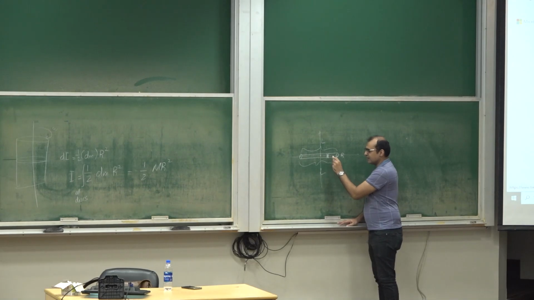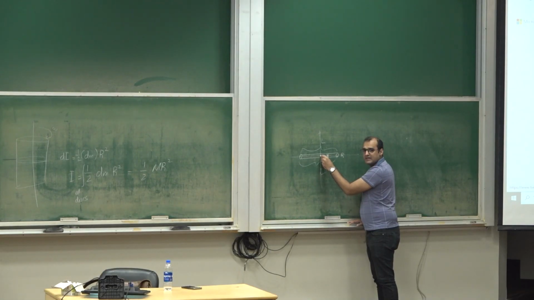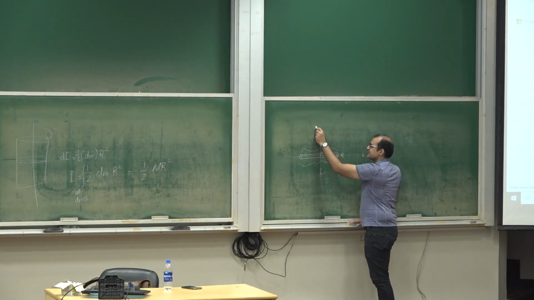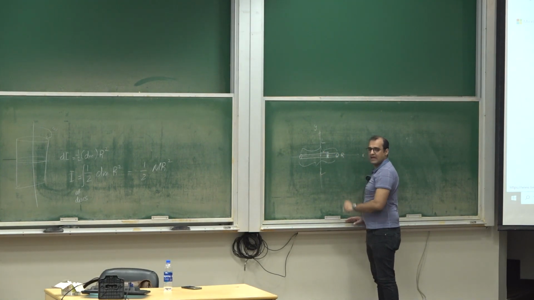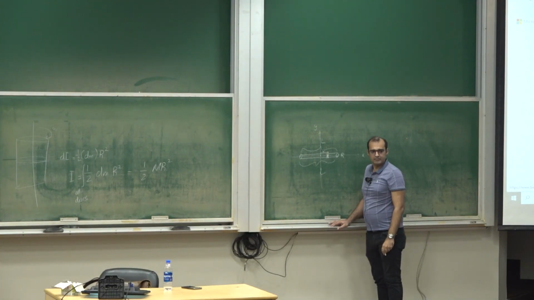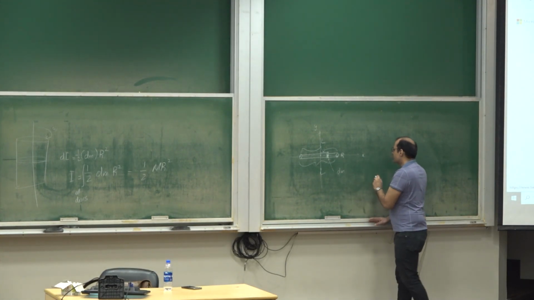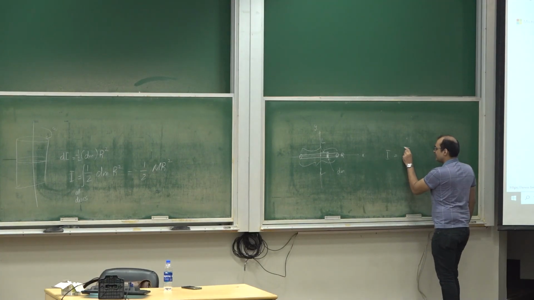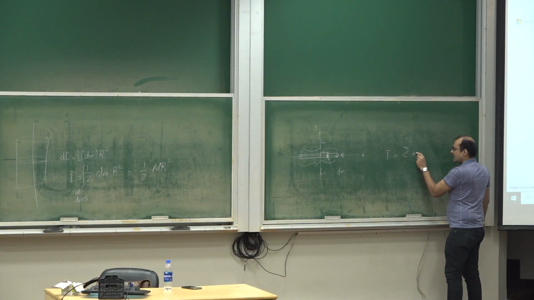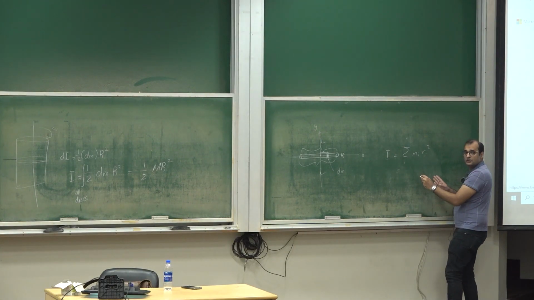look at this piece, this piece is moving like this, right? The distance of this piece from the axis of rotation is this distance, and this is the x axis, this is the y axis, so let's just call this x, the x coordinate of this piece, okay? And the mass of this piece, let's say it's dm, so what will the moment of inertia be? Sum over i of mr², which in this context will be equal to,